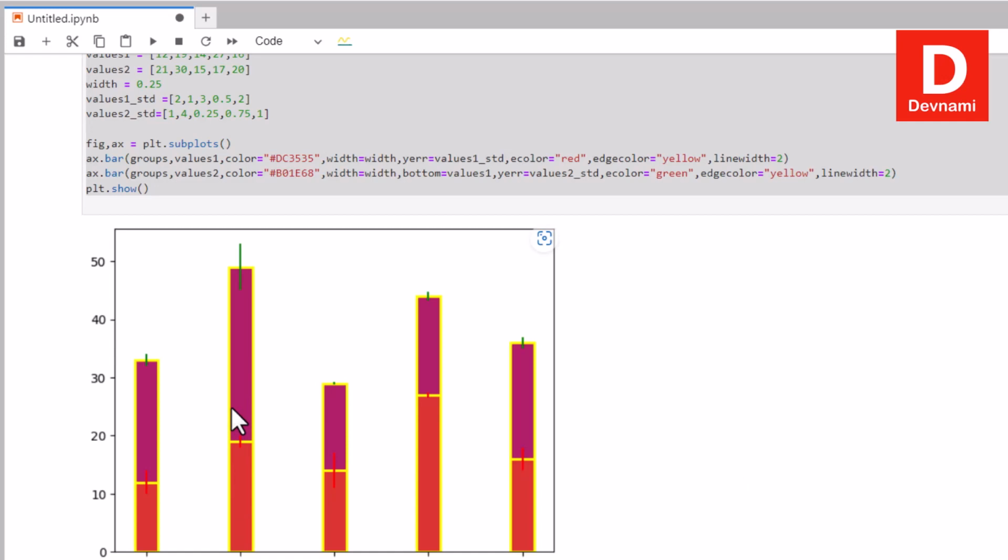So this comes in handy if you are doing any form of technical analysis and you want to point out some specific points, or with the help of these stacked bars you can explain a particular set of values and their error bars, right? Again, you will have to play with the color choices in order for that output to look